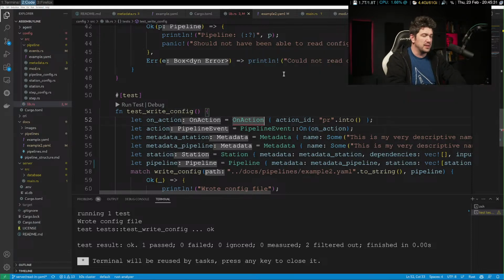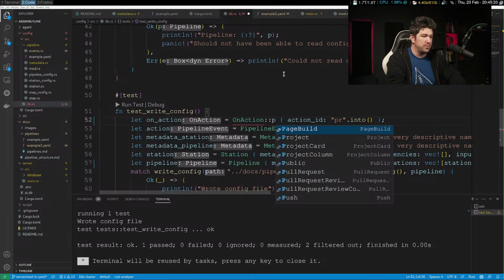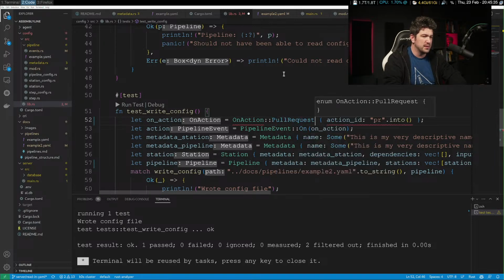So now we'll just do this. Pull request. Like that. And we'll see how this serializes.